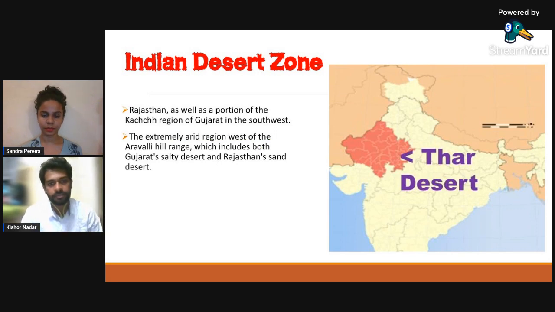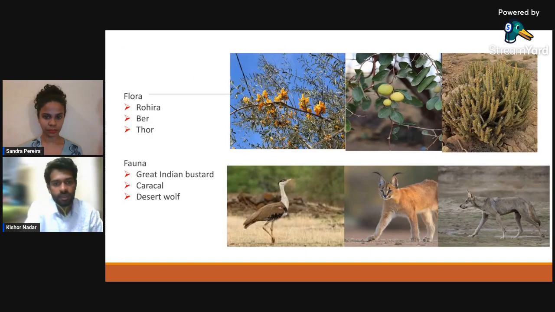Indian desert zones are totally, we will say, truly sparse, like पानी वगैरह इट्स वेरी कम। बट यहाँ पे भी एनिमल्स सब फ्लरिश होता है, एंड इट इज वेरी सेंसिटिव टू द क्लाइमेट चेंज। इट इज फ्रॉम द अरावली हिल रेंज ऑफ गुजरात एंड राजस्थान के सैंड एरियाज में पाया जाता है। ये रन ऑफ कच्छ तक टू द साउथ। फ्लोरा एंड फौना, यहाँ पे रोहिड़ा राजस्थान का स्टेट ट्री है। वी कैन सी बेर, थोर, ये कैक्टस प्लांट है।